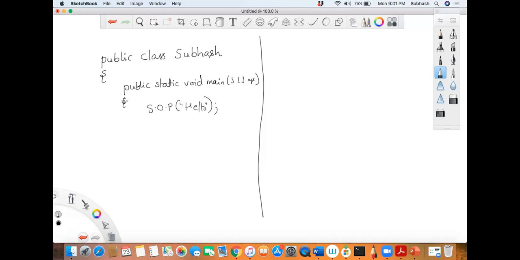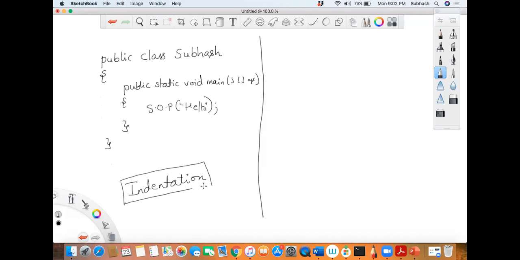I want to close the brace. When I'm closing a brace, I cannot close here. Only dirty fellows will use such kind of things. You're not supposed to close here. You have to close it at the same level where you had opened it. Close this where you have opened it. What is this called as? This is called as indentation. What is it called as, guys? Indentation. Only professionals will follow such kind of things, and you guys are all professionals, and you have to follow